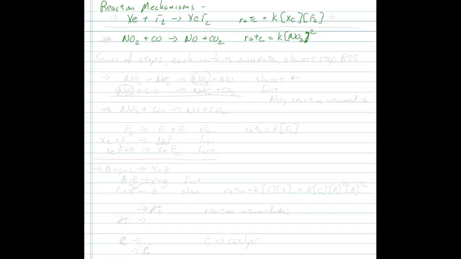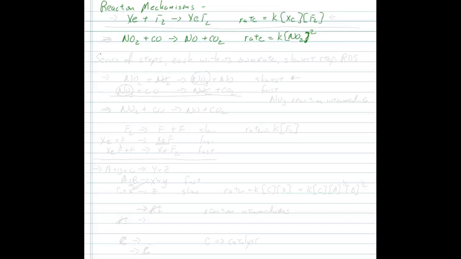The first one makes sense: you've got an Xe and an F2, and that is the reaction that you have. In the next equation, you have NO2 and CO, but the rate law doesn't have the CO, it has NO2 squared. So what we try to do in chemistry is come up with a reaction mechanism,